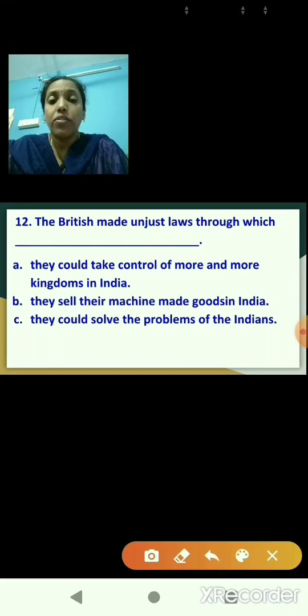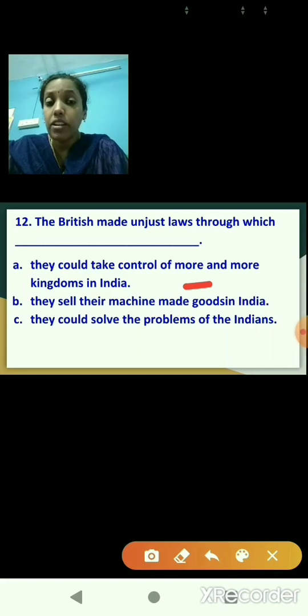Number 12. The British made unjust laws through which dash. You have to complete the statement here. Through which, option A, they could take control of more and more kingdoms in India.